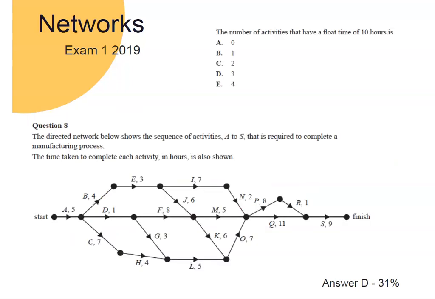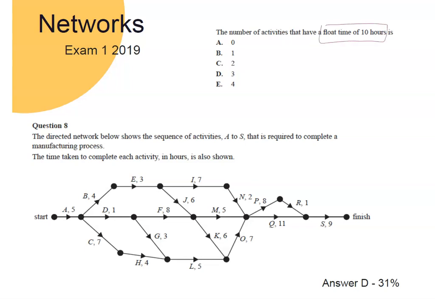Okay, so question 8 here, we've been given a project network, the directed graph, showing the sequence of activities A through to S, so quite a few activities there. The time taken to complete activities is shown as well. And so the question is asking us, what are the number of activities that have a float time of 10